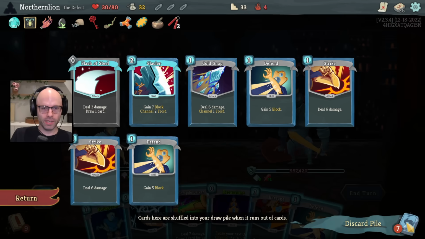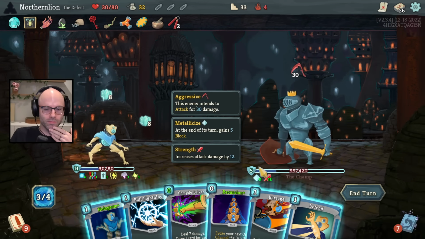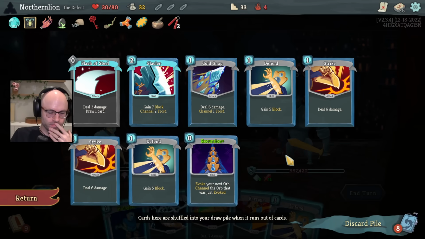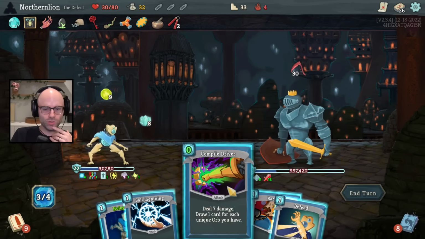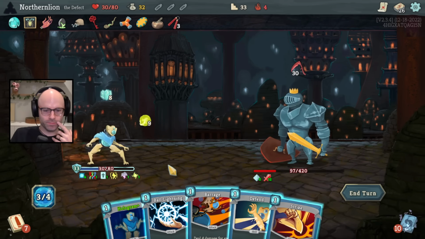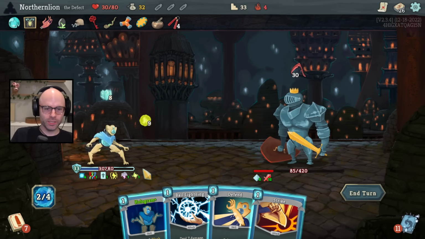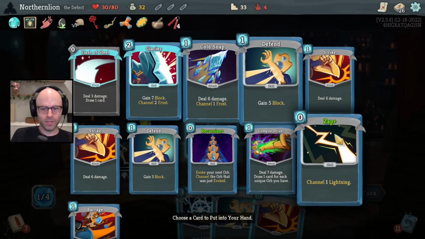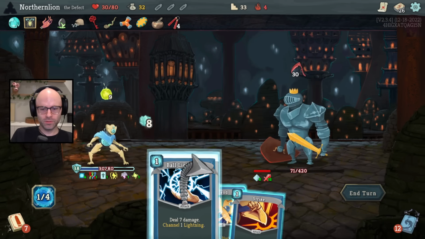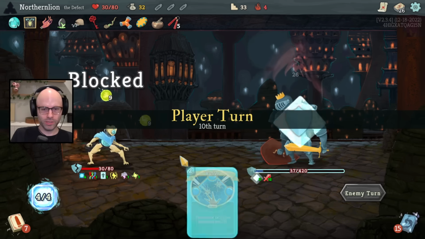Hologram, just seeing what we could get here. Lots of good things from hologram. Let's draw first. I was trying to find a way to summon a darkness orb, but I think even a hologram recursion is not so bad. Maybe not the most exciting use of a hologram, but I mean 49 block plus like 60 damage is a